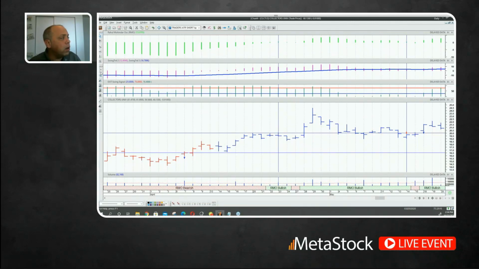And I'm going to go ahead and put that on the chart just so I can remember it in a minute. Okay, so I'm going to grab my text tool here in MetaStock. I'm just going to write 20.04. Okay. The next thing I'm going to do is put in my stop loss, which